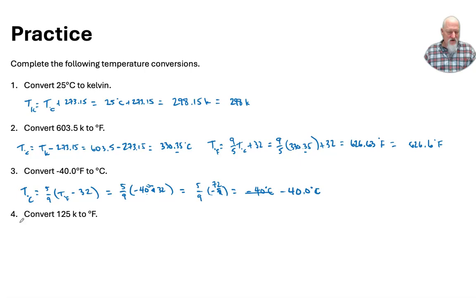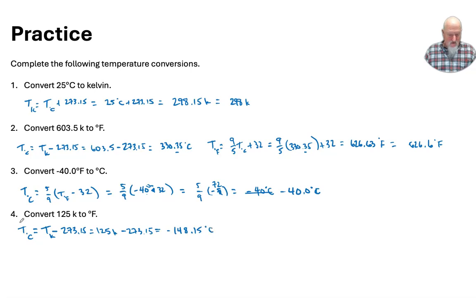Right? Last one, convert Kelvin to Fahrenheit. Okay, we're going to do this again. We did that for number 2, but let's do it again. So we have to convert to Celsius first, which is Kelvin minus 273.15. So doing that, I got 125 Kelvin minus 273.15. So 125 minus 273.15 is equal to -148.15